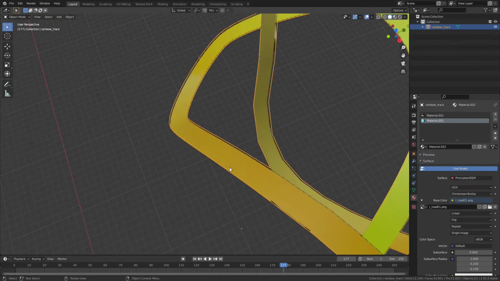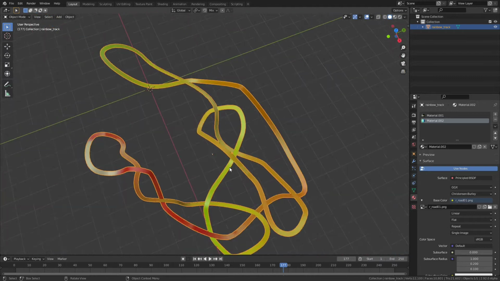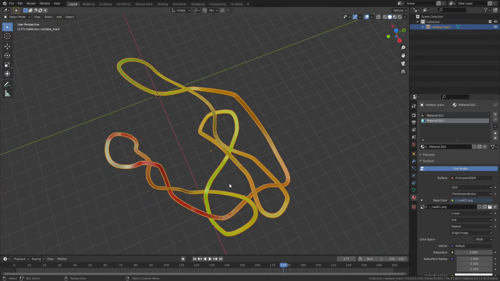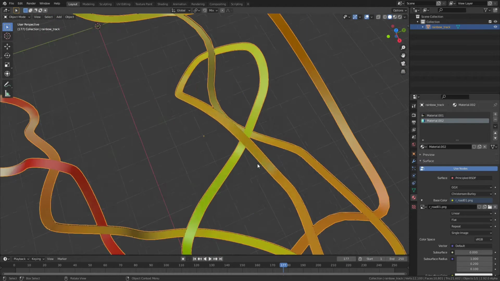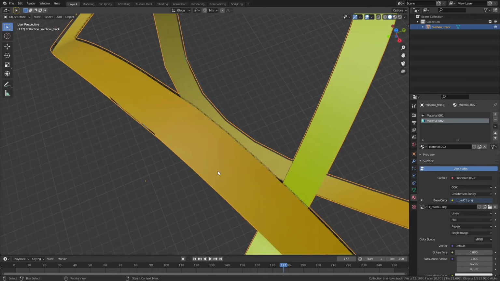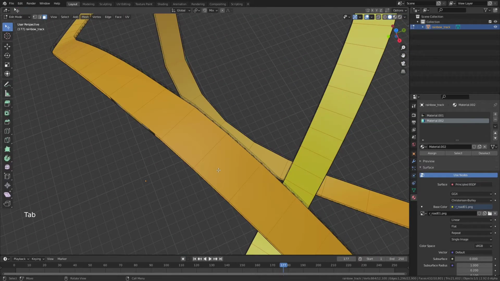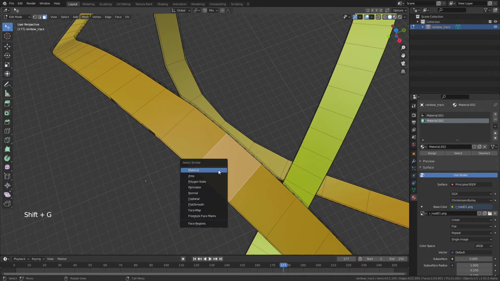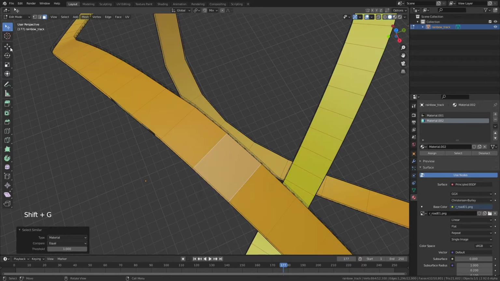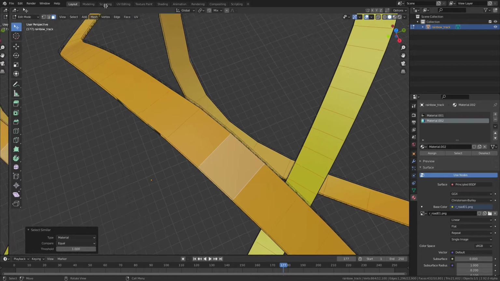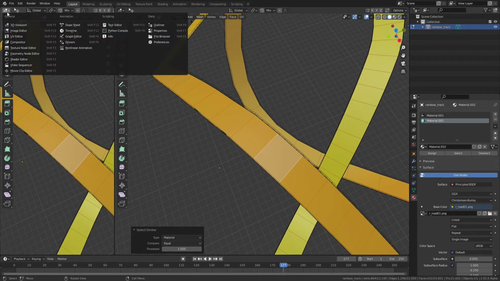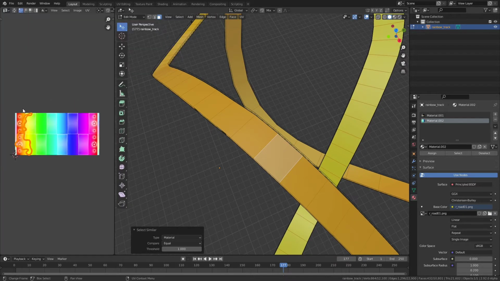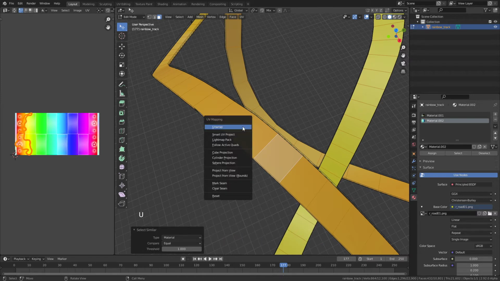So I'm going to show this road here. I'm making a rainbow road track, and you can see the textures mapping on it is very distorted. I want to fix that, so I'm going to click on my road, hit Tab to go into edit mode, Shift G, select all the road material, then click here to make a new window and go to the UV editor. Now you see if I press U, it brings up a context menu of several UV unwrapping algorithms, and